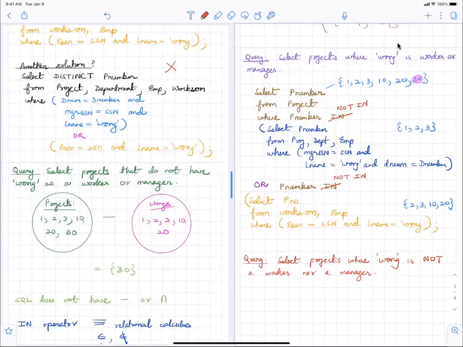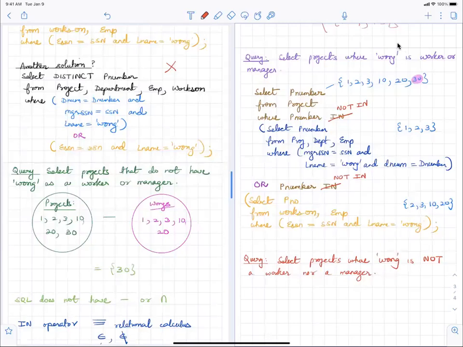So how would you correct it? Yeah, no, you're right. What you said right now is correct, because it would. So if you had to correct it, how would you do that? Well, you could take the entire query that you have there and make that a subquery of another one where you select the P number that's not in what you got from the big query that you have going on there. Would that work? Trying to see. Because the answer for this one, if you said not in, so let's look.